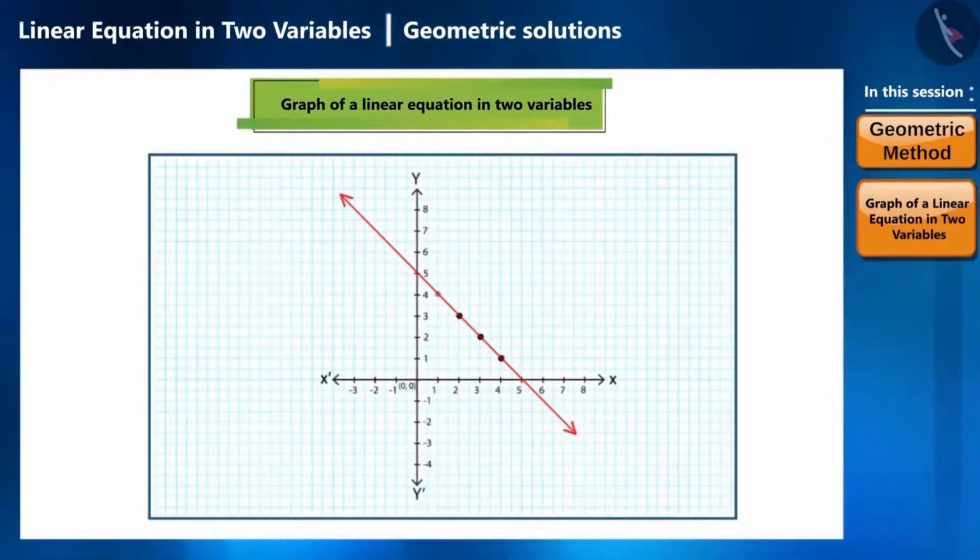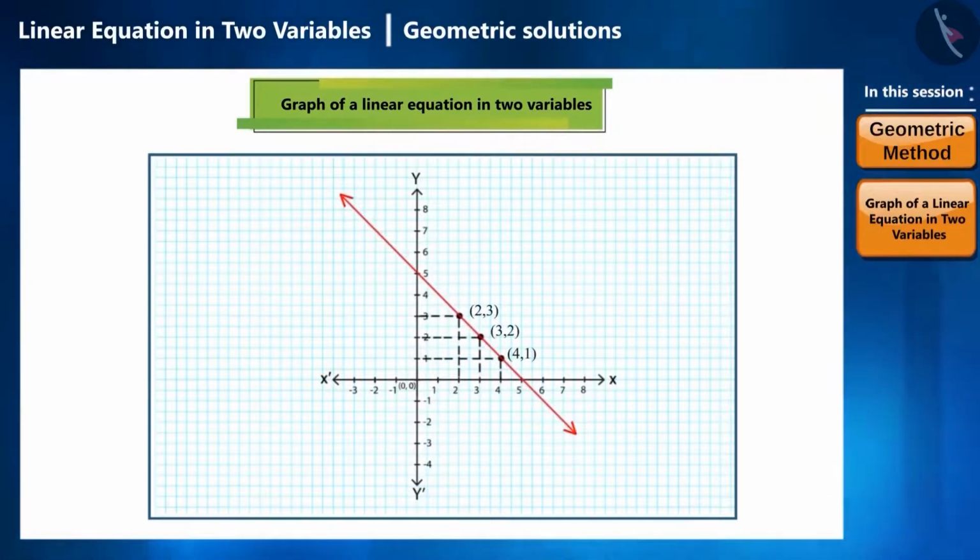every point in it will be the coordinate point of the x and y axis. This is what we call the solution of the equation. That means, every point on this line is a solution of this equation, which we can get by putting perpendiculars on the x and y axis. The 3 points that we considered earlier and constructed this line are the solution of this equation. Apart from this, there are infinite solutions to this equation. No other points outside this line are the solution to this equation.